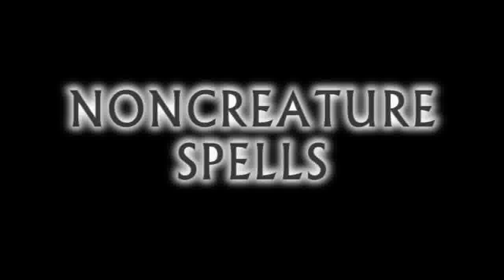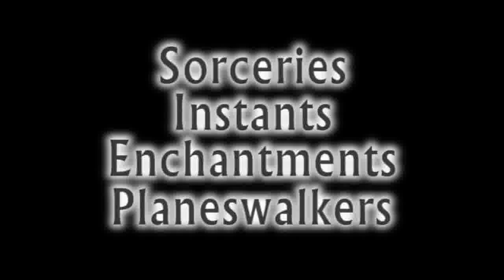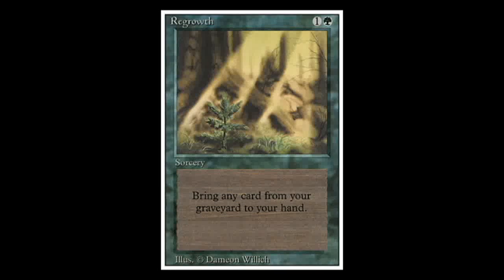Despite how exciting the creatures are in this deck, we need to fill in some gaps and jobs with non-creature spells. I'm going to be dividing these up into sorceries, instants, enchantments, and planeswalkers. First up for the sorceries, we have Regrowth, the classic recursion spell and obvious include in a deck that runs